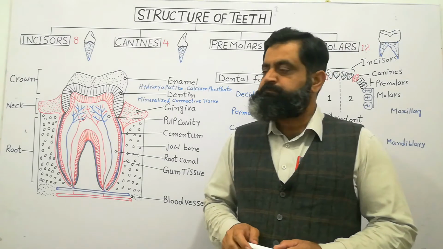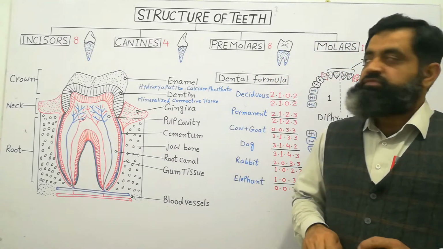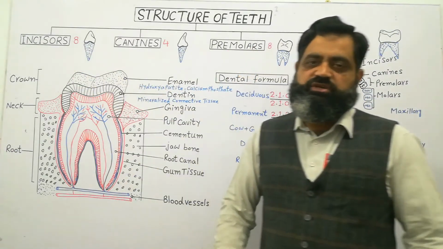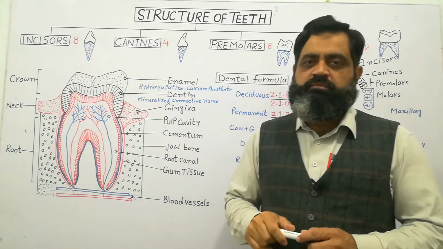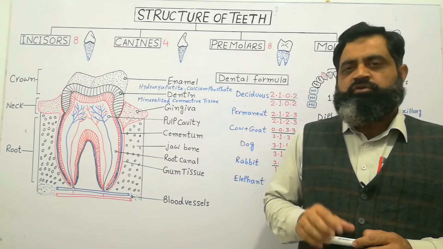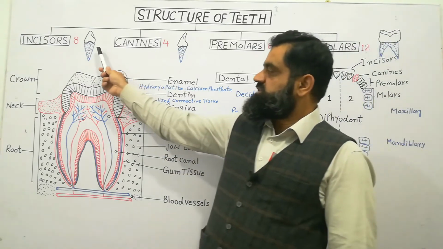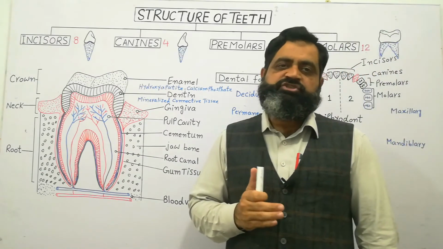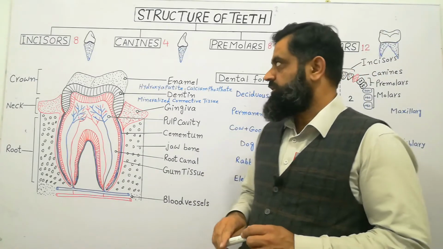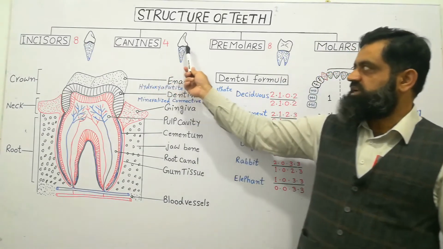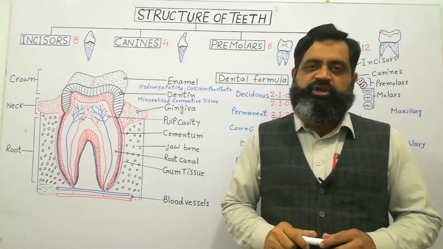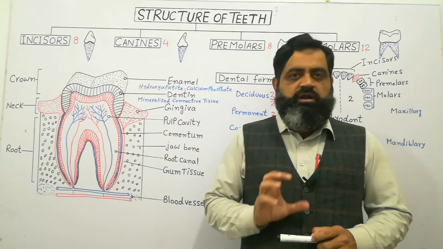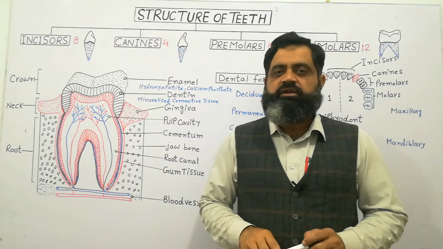So in this way, this is the complete structure of a tooth, which is almost similar in all the animal kingdom. If we look at the types of teeth, there are four types of teeth. Number one, incisors, which are chisel shaped, and they are present at the front of the oral cavity. These incisors are 8 in number in humans, while the number changes with the change in the species of the animal. The second type of teeth are known as canines. Canines are very sharp and pointed teeth which are mostly present in carnivorous animals like lion, tiger and dogs.